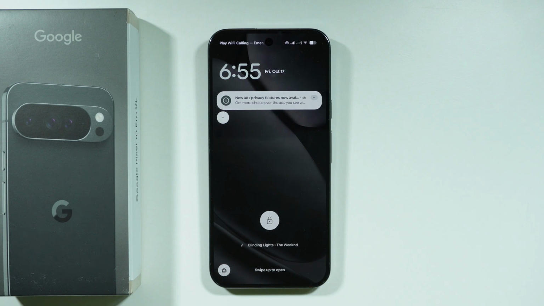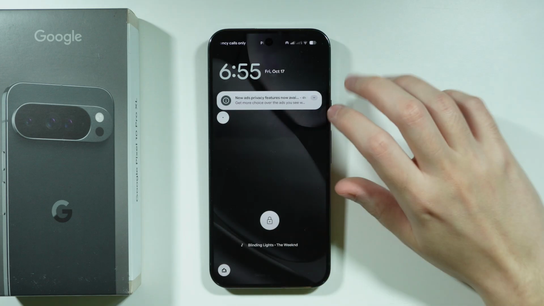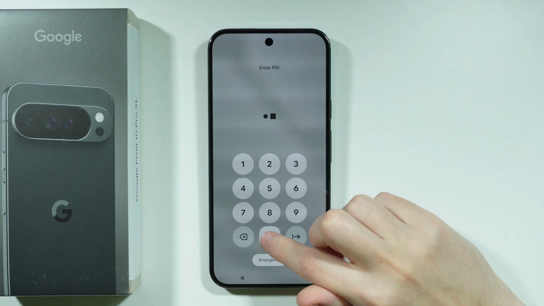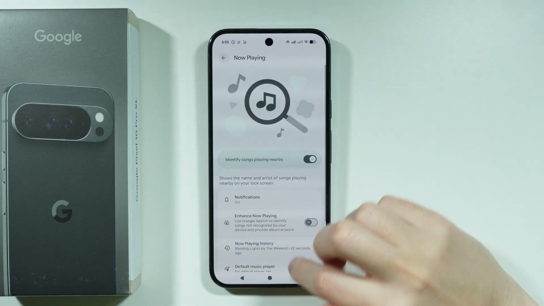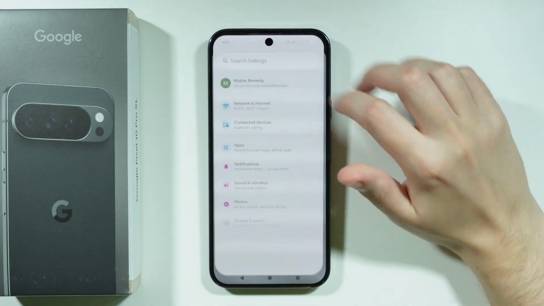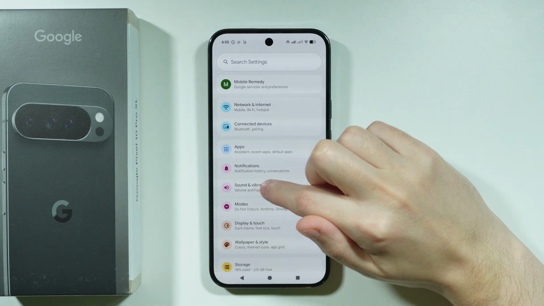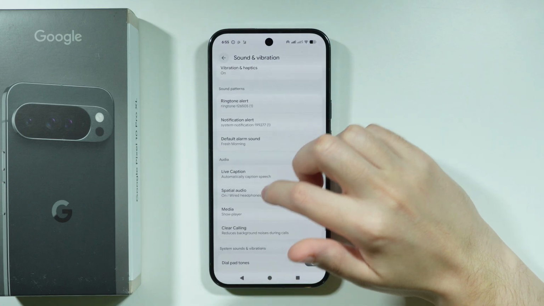If you want your Google Pixel 10 Pro XL to recognize music around you, like over here as you can see on the lock screen, then in that case what you need to do is first of all open settings. We're gonna go to settings in our phone. Let me actually start from the beginning. There we go. Now in here we're gonna choose sound and vibration, and then in here if you scroll down